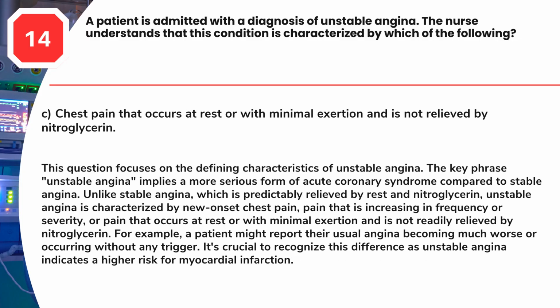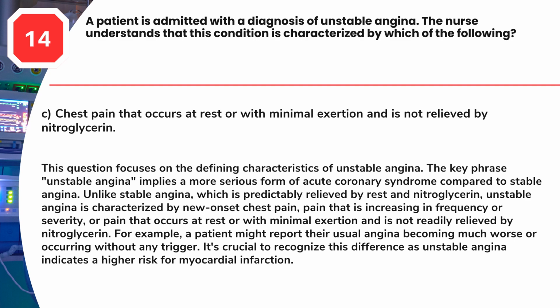Answer: C. Chest pain that occurs at rest or with minimal exertion and is not relieved by nitroglycerin. This question focuses on the defining characteristics of unstable angina. The key phrase unstable angina implies a more serious form of acute coronary syndrome compared to stable angina. Unlike stable angina, which is predictably relieved by rest and nitroglycerin, unstable angina is characterized by new-onset chest pain, pain